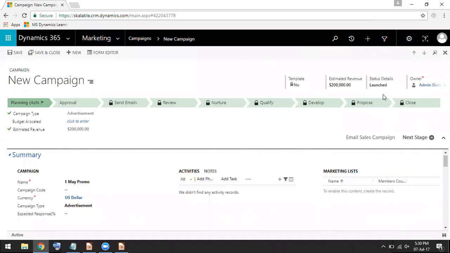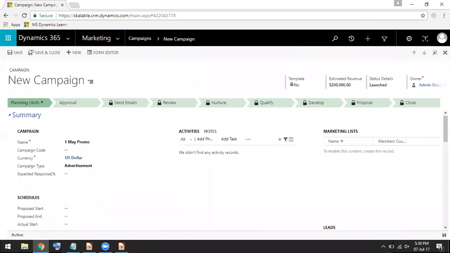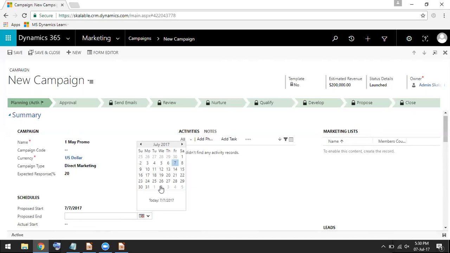Status details to launch. Then campaign type. This is direct marketing. Expected response 20%. Propose to start the same day as created. Propose the end to be one week later.